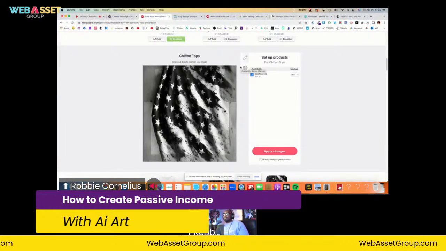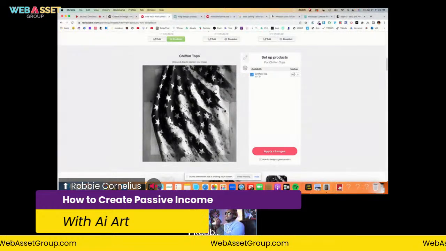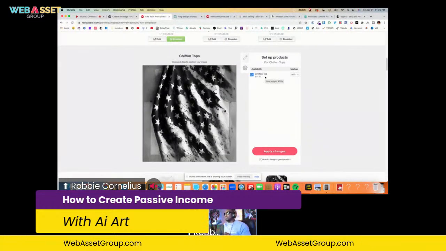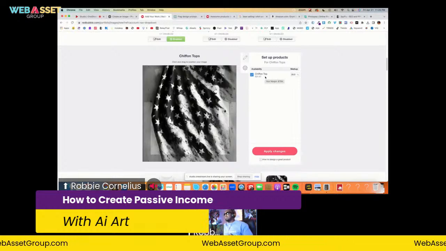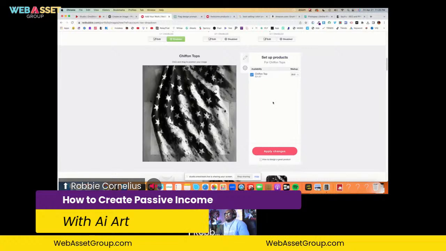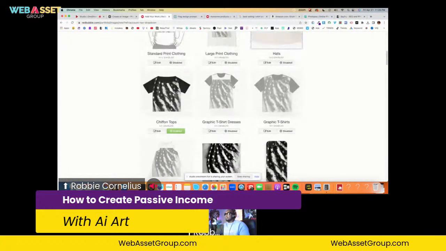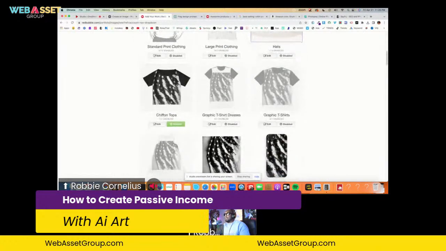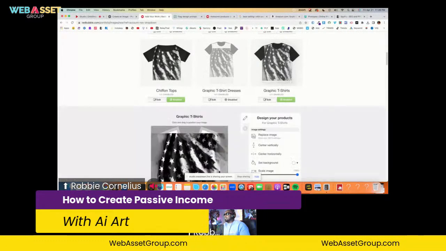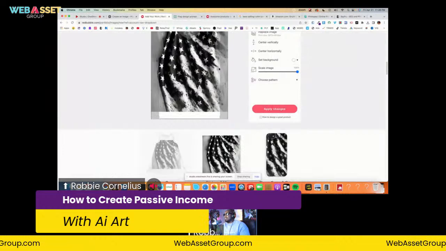Now, you can choose the commission that you get. For instance, for this item, it's already set for 20% markup, which means that whatever it sells for, you're going to make 20% of that. Okay. I'm cool with a 20% markup. I'm not greedy. It's passive income. Okay. So I'm just going to leave that alone. But what we're doing here is we're finding items that it looks good on, and the items that it doesn't look good on, we're not selecting those items. It's really as simple as that.